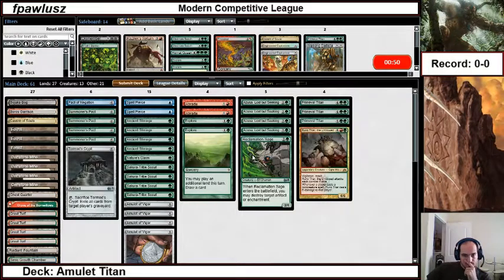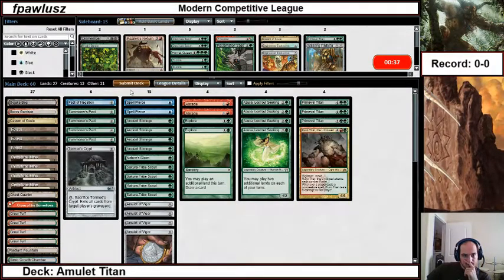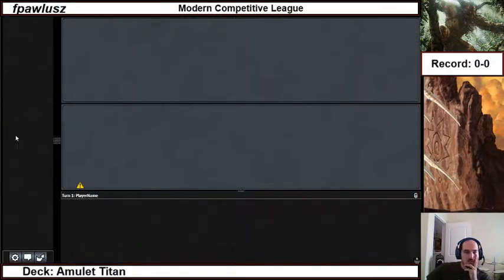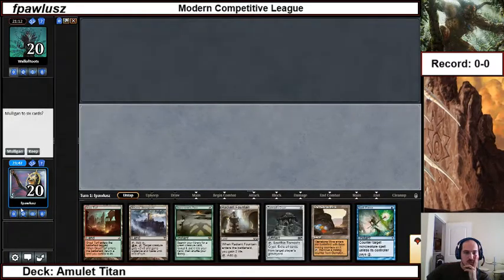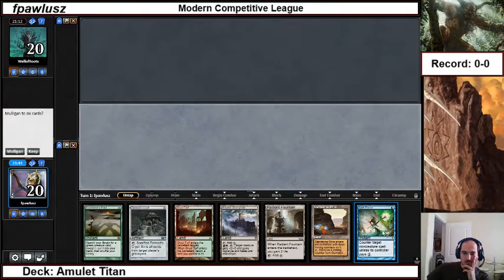That's probably the card that I want to cut. I think it is. I think that's the card that I want to cut. Of course, we're going to play this game and we're going to find ourselves in a situation where we really want to go get Reclamation Sage, but that's how it works. Okay. Let's try this again. Alright,